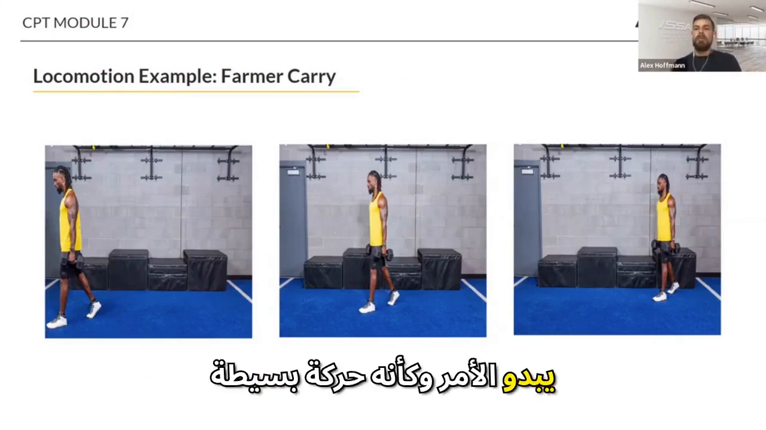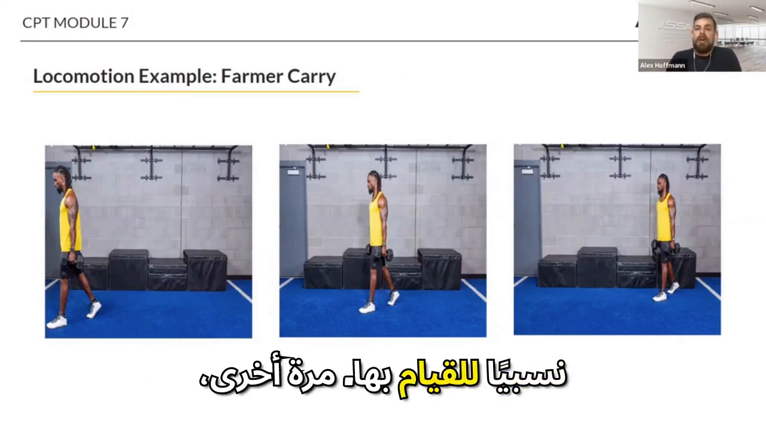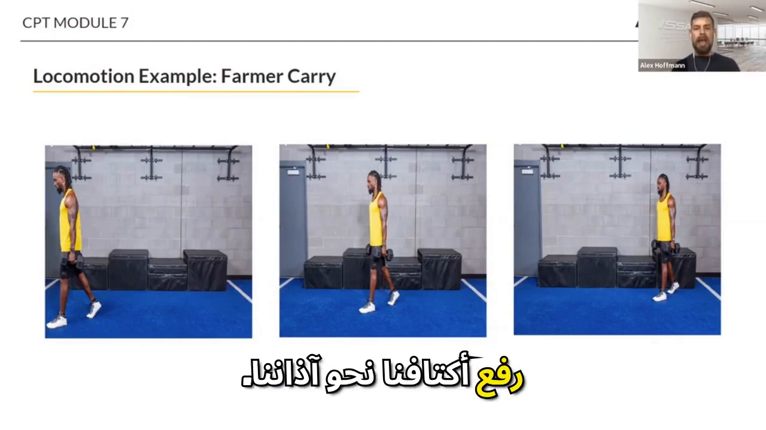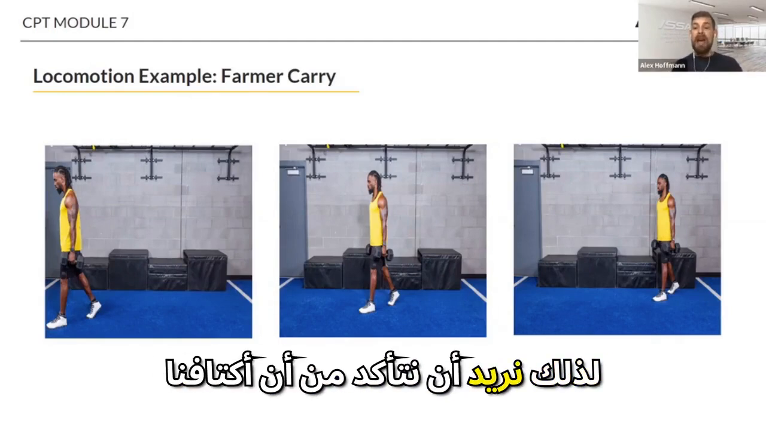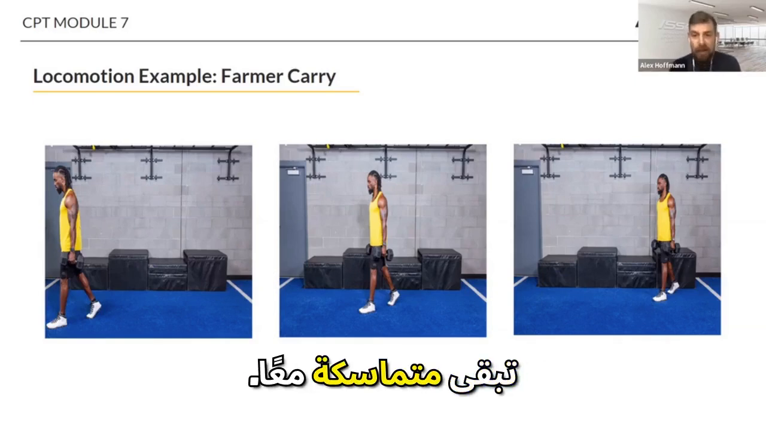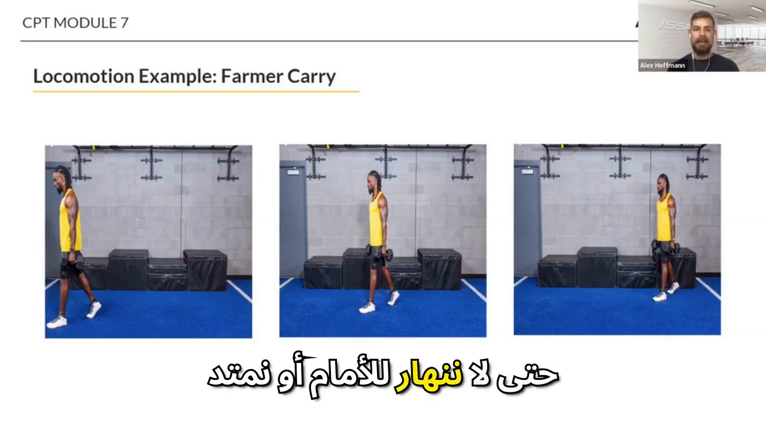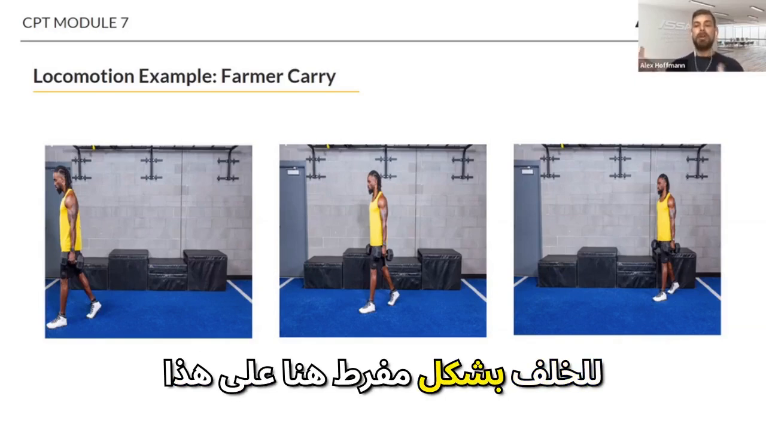And with a farmer's carry, well, it looks like a relatively simple movement to do. Again, we want to make sure that we're preventing our shoulders from being pulled up towards our ears. So we want to make sure that our shoulders are staying pulled together. Hands are by our sides. Our spine is staying in a neutral position. So we're not collapsing forward or hyperextending backwards here on that side,